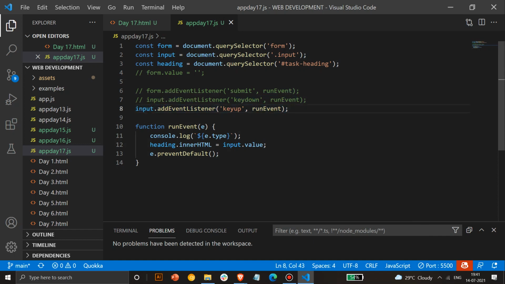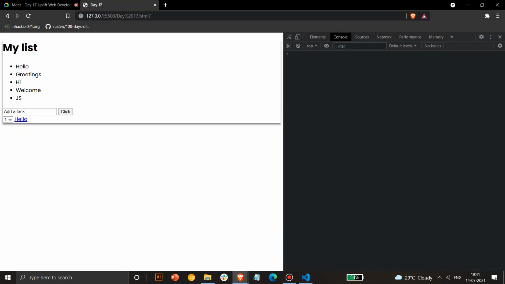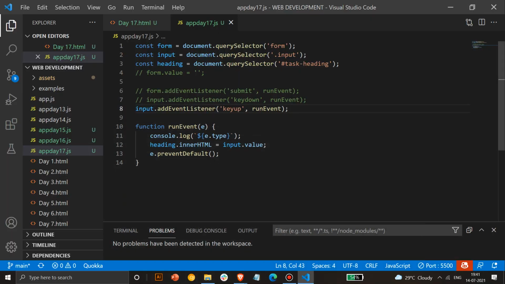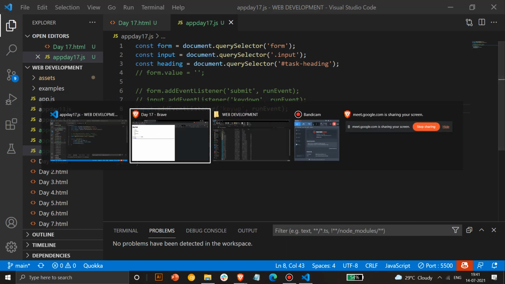And in those cases, that's why these two are really helpful. If you have played some games like NFS or something like that, in those cases you can see something like this happening. Never mind if you haven't played it, but you might have understood the concept now. I'll show key up now.